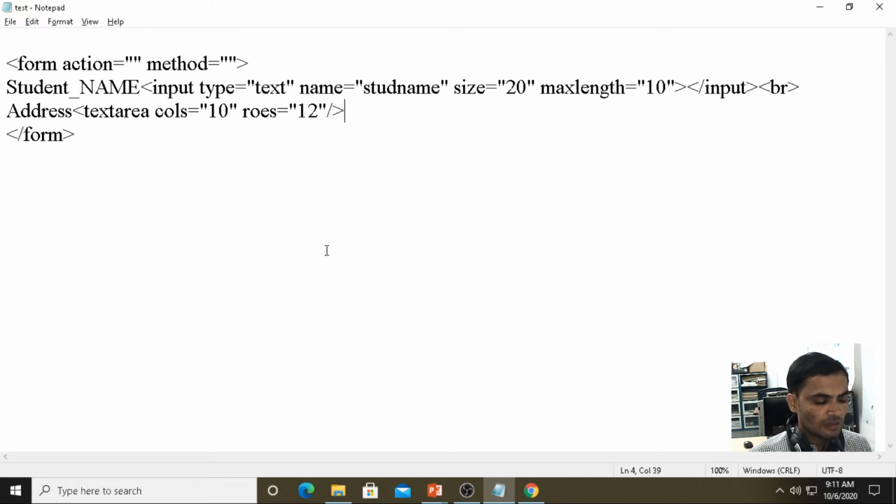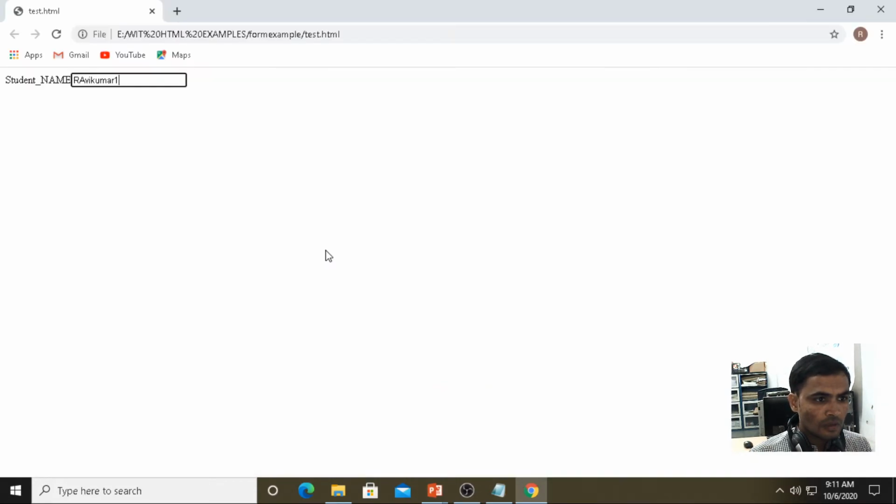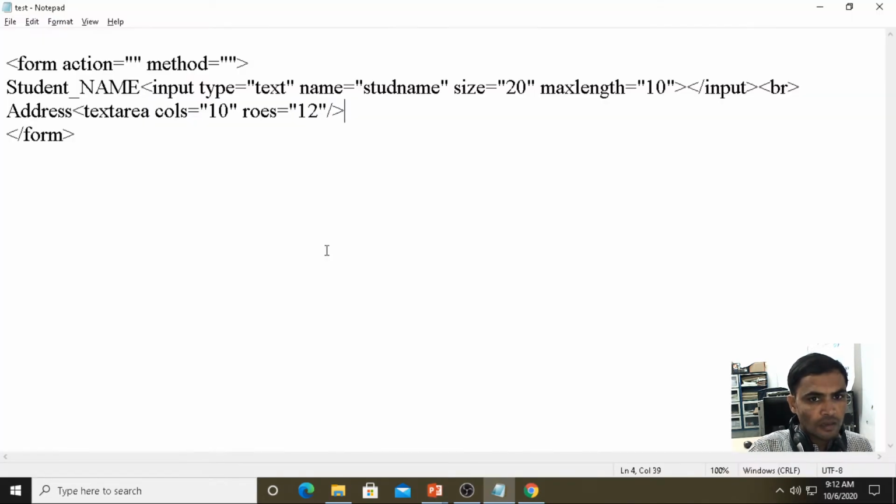Control S, then F5. Then here in the form, for understanding purposes, I am writing some content.